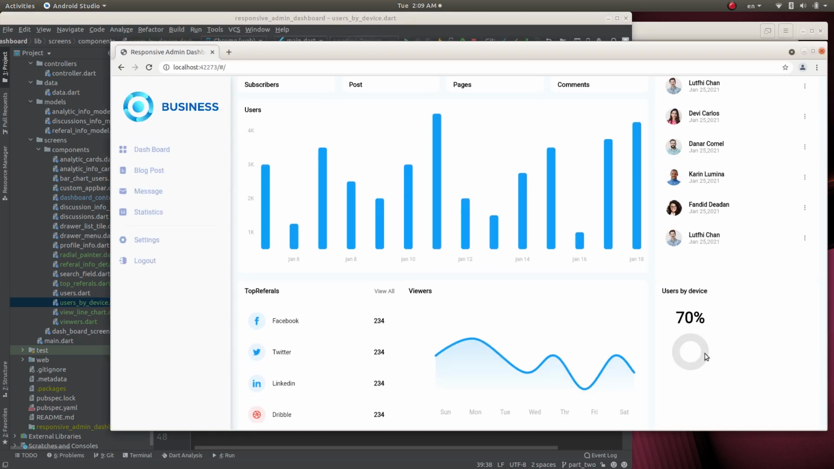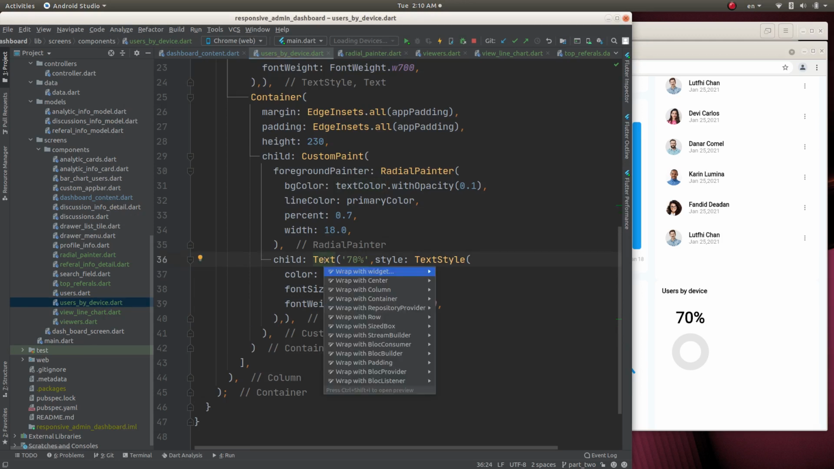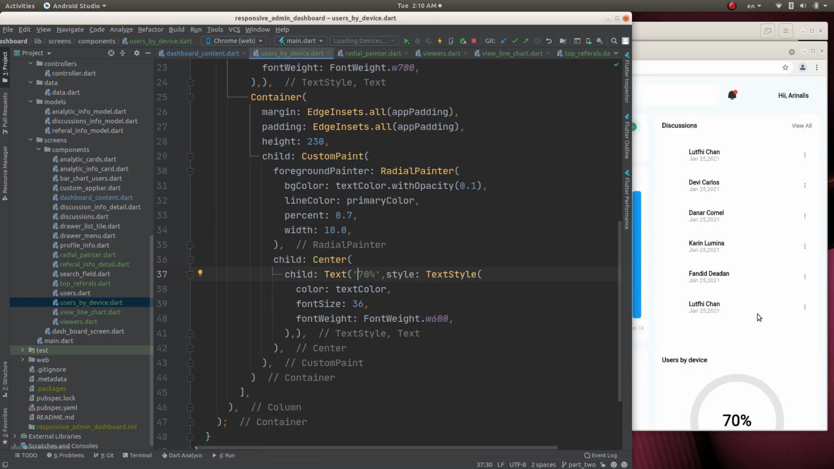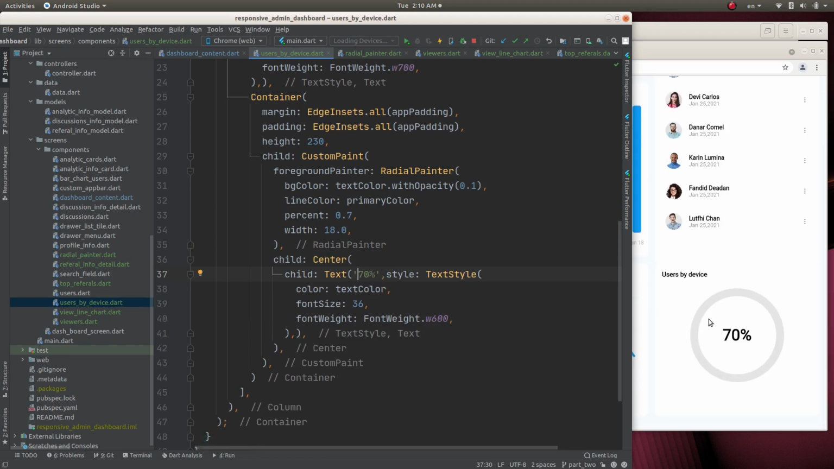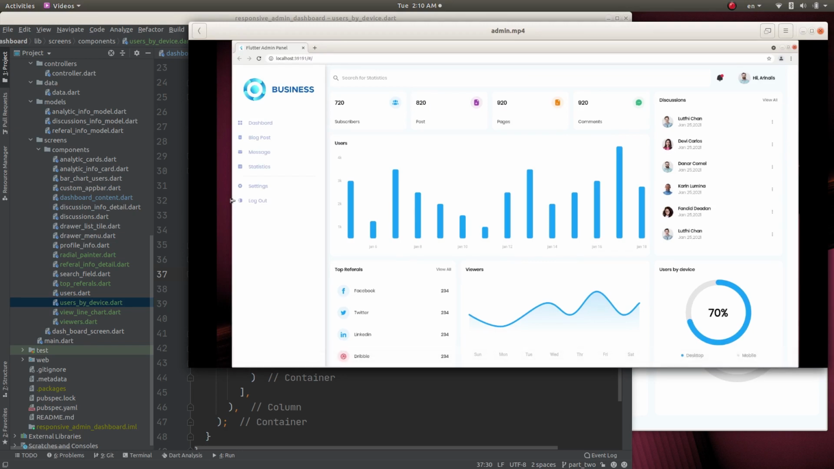Okay, it's increased and it's at the top. Okay, let's make this to the center. Let's wrap with a widget. Here it is, center, and let's reload once again. Yeah, that's it, perfect. And next we need to create this blue color, and there is a button, desktop and